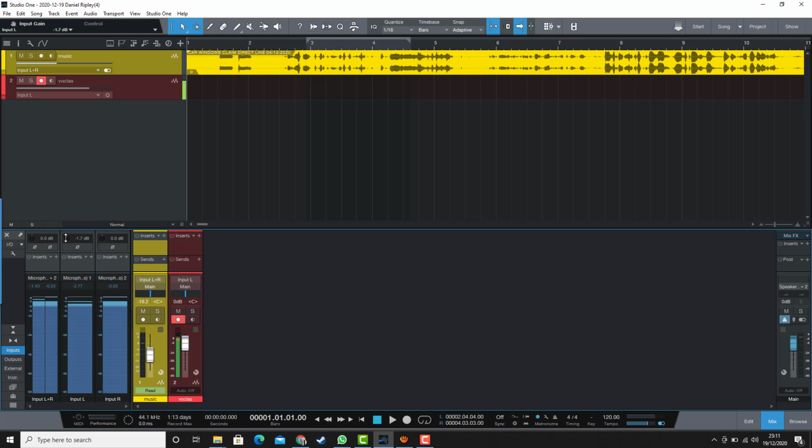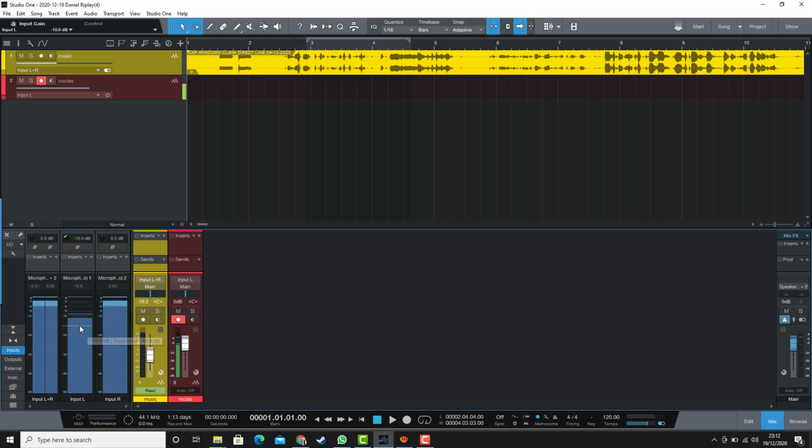I haven't got a 2i2, so I'm going to control it on here, and I'm going to make sure that I'm around about minus 12 if I was to do a recording. So you can see there I'm at minus 12. Now you can see I've got what's called a peak hold. It says minus 10. So the peak hold